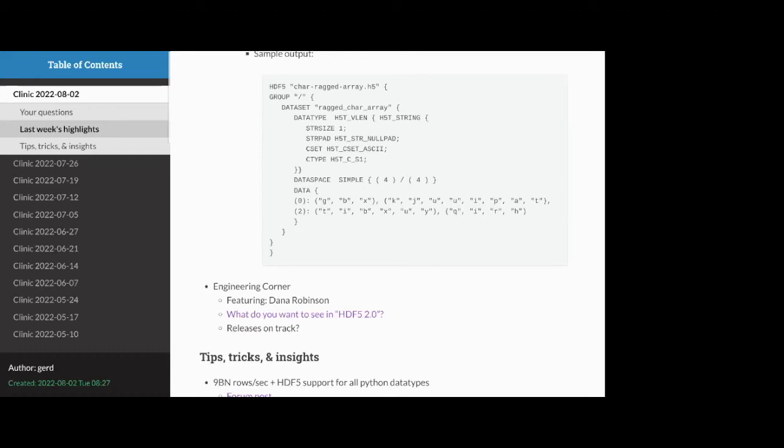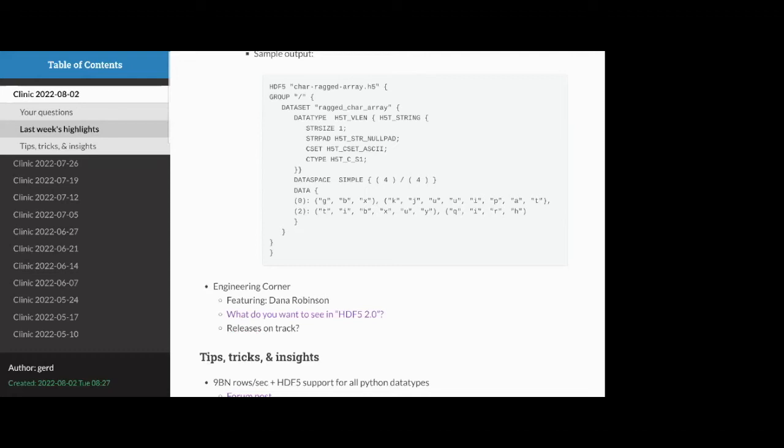As far as HDF5 2.0, I don't know if I've ever mentioned it here, but we're trying to figure out what to do in terms of pointing the library in a particular direction after 1.14 releases. 1.14 is really a big part. I mean, there are these new VFDs, the Onion VFD and the VFD Swimmer, but a lot of it's really about ECP features. And so in HDF5 2.0, we're definitely going to have semantic versioning, so we're going to switch to having the first number actually increment for the first time in the history of HDF5, which people have been asking for a long time.